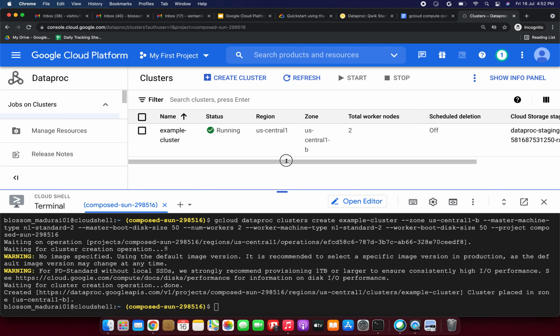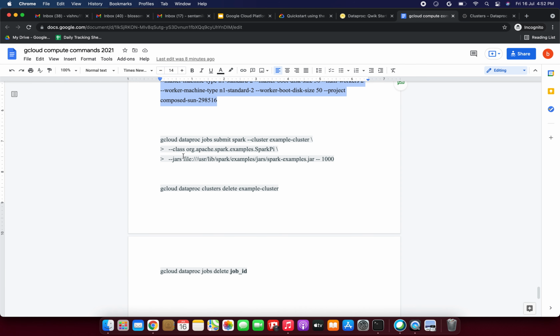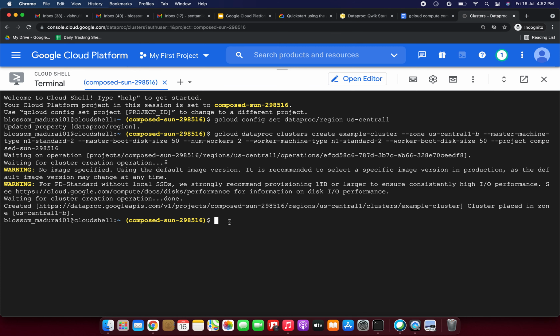Done. Next, we are going to submit a job. So how to submit a job? We need to use this command, gcloud dataproc jobs submit spark. Just copy this command and activate the Cloud Shell.